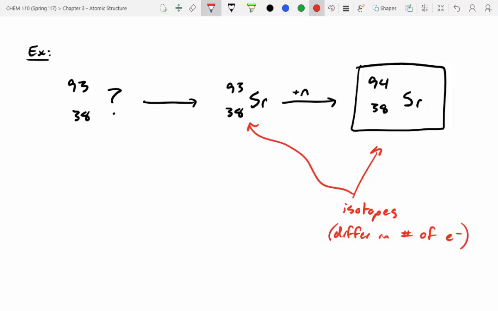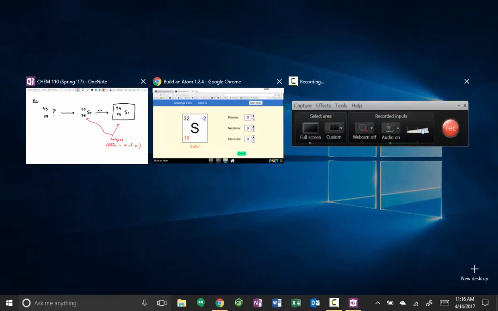All right, I think that's where we're going to stop today. On Monday, we're going to finish up Chapter 3. We're going to talk about the quantum model and then go into the periodic table a little bit more. If you guys have questions over the week,